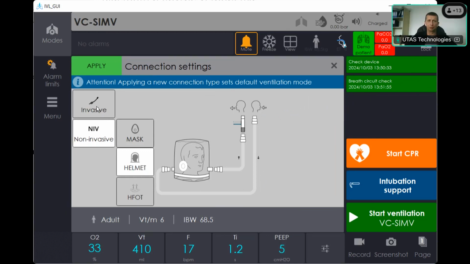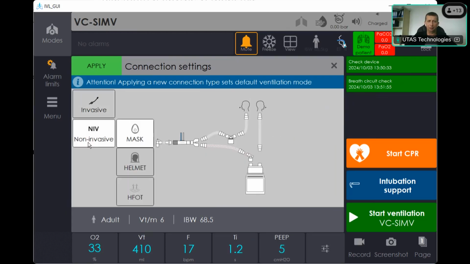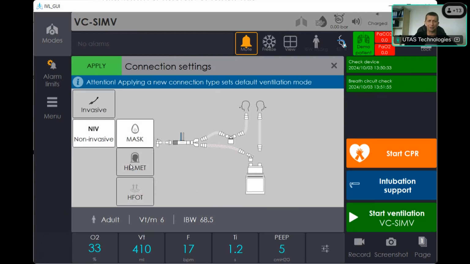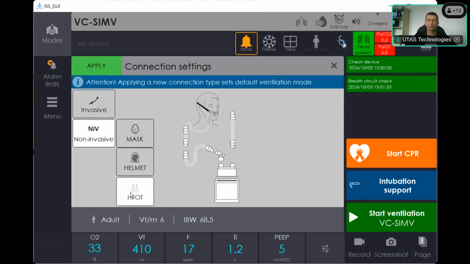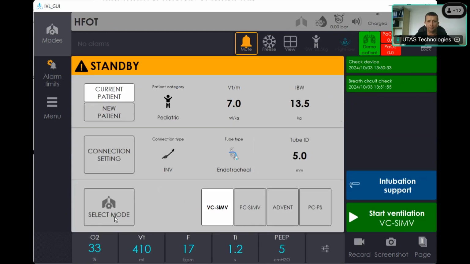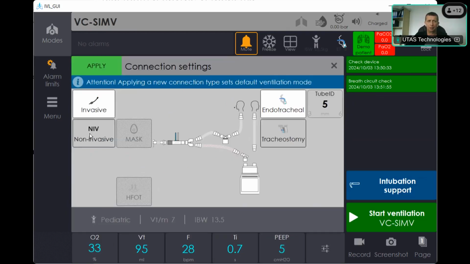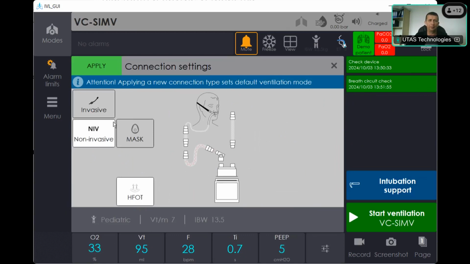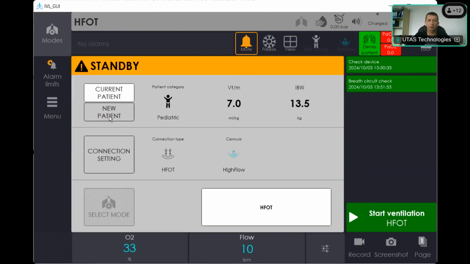So I will go back to invasive ventilation, and I would like to show you some additional features for selection of interfaces that we have for different age categories. For adults, we have mask, helmet, and high flow oxygen therapy. For pediatric, there are only two: mask and high flow oxygen therapy. And for infants,